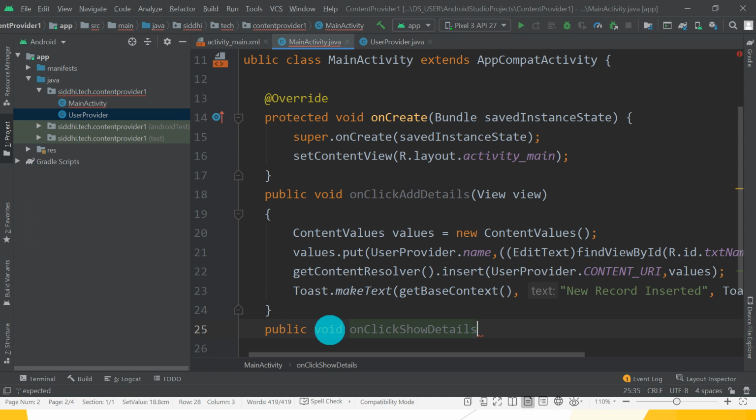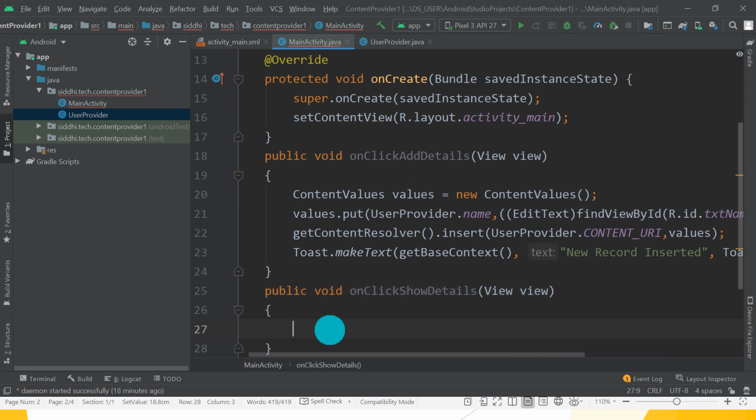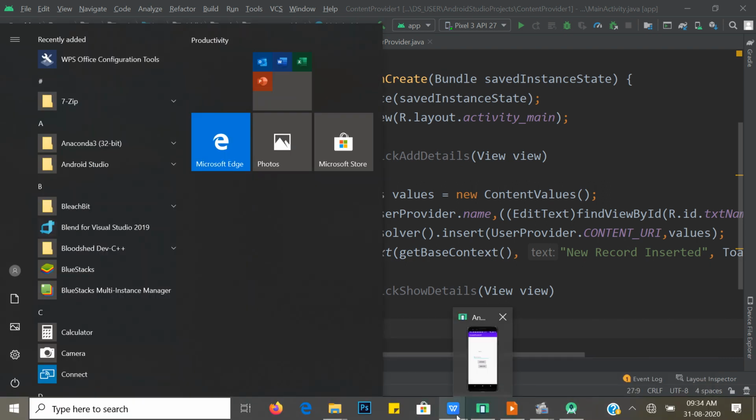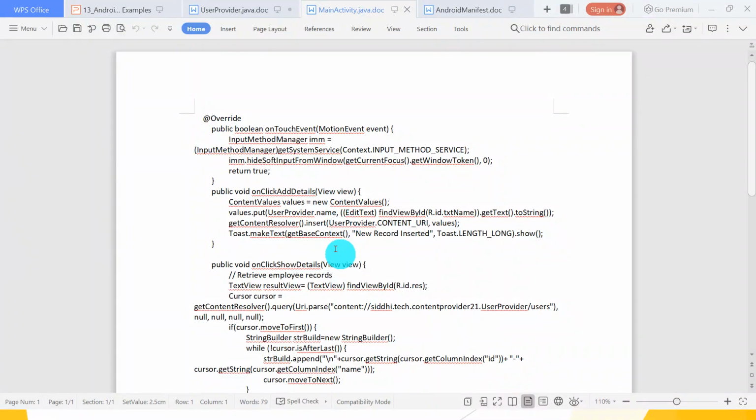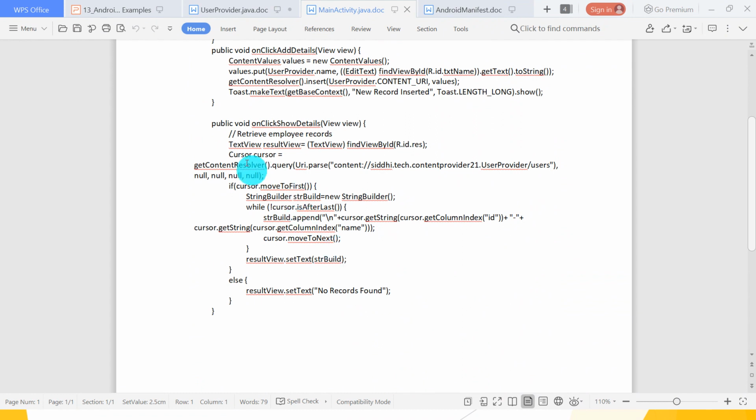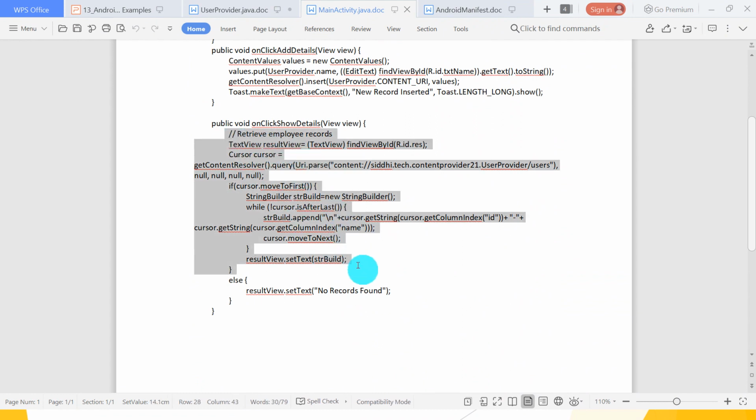In that method, View. Great. Inside that, what we have to write is the whole code regarding how to retrieve and show the data on the text view. So in MainActivity, onClickShowDetails view for retrieving the data.